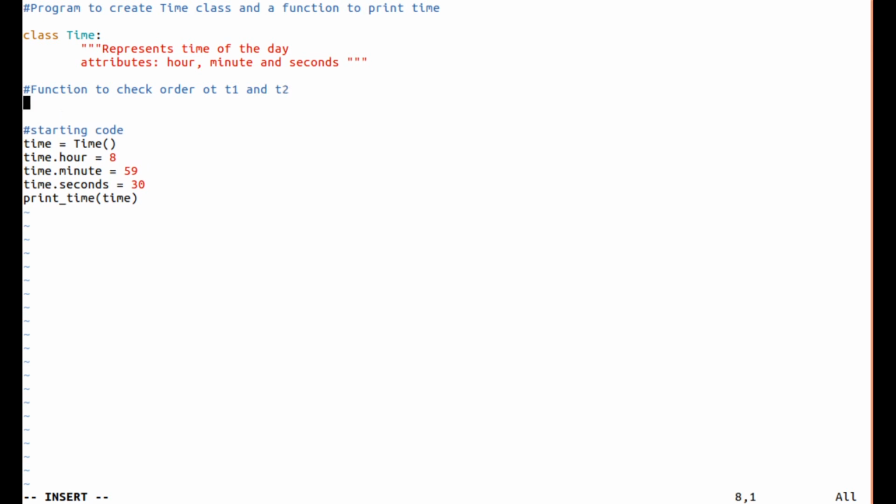Define is_after, function is_after(T1, T2).